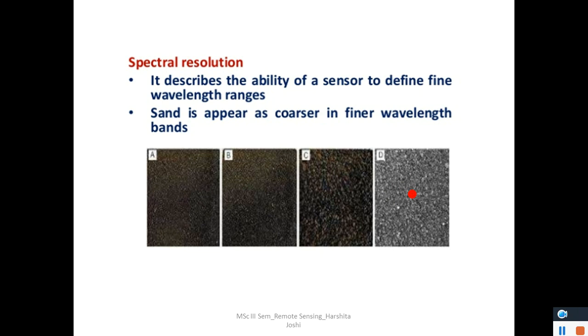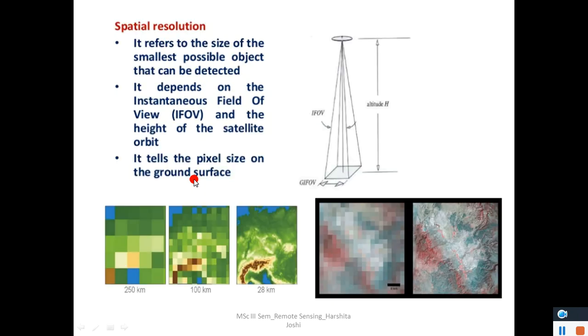This is one of the examples. Otherwise, also you can say that when you are taking different images, the number of electromagnetic wavelength windows that you can detect. Here this is a panchromatic image, only black and white colors are seen. Otherwise here you can see there are more than 3 colors visible, right? So this describes the spectral resolution here.